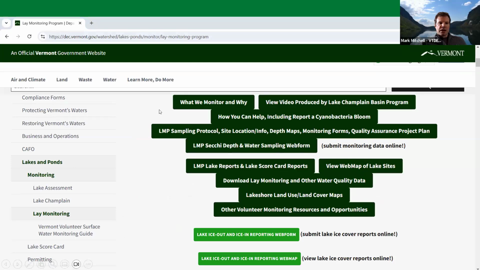So scrolling down from there, there's a set of quick links here, and this is really the main base that I use anyways to access different information on the web page. For the rest of the presentation, I'm going to go through each of these quick links to show you what information is there and how to access the reports and data, which is a little bit further down here. So it's what we monitor and why, and I'll try to breeze through some of these first things